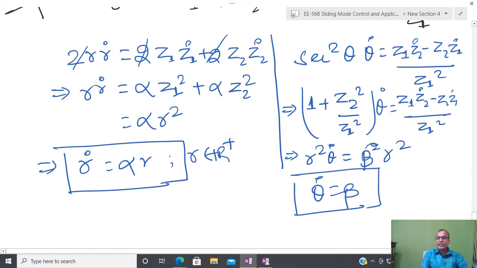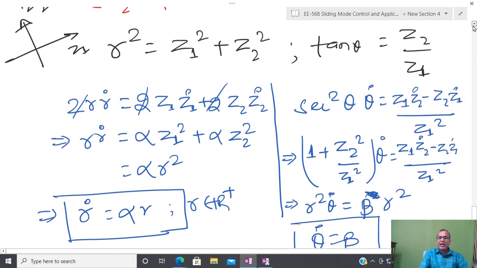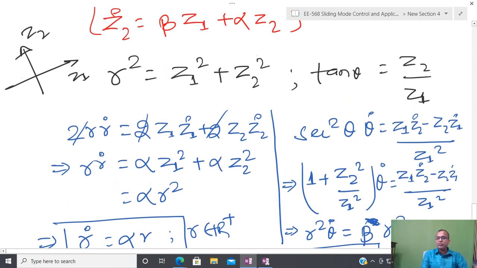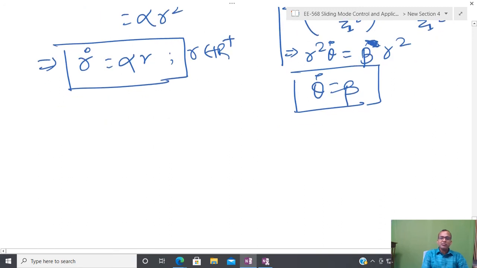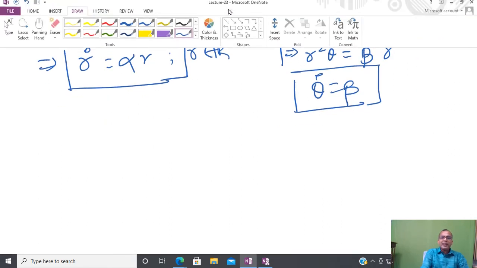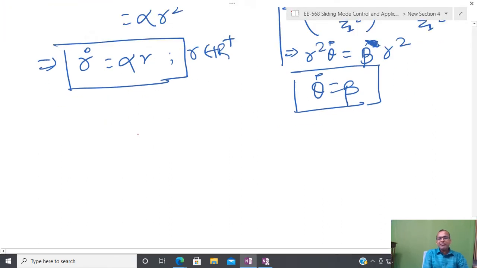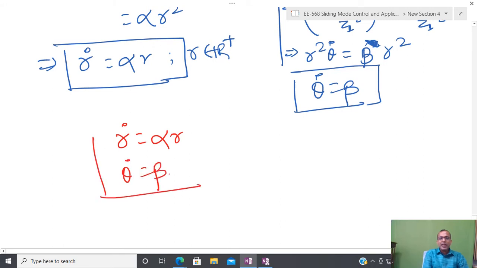Theta dot is equal to beta, not beta square, that is just beta, because I am going to multiply, so this is theta dot equal to beta. Anyone has confusion on this? If you have confusion, then that is just one simple exercise. So what happens, now I have initially second order system, and that is reduced to a very simple system, theta dot equal to beta.